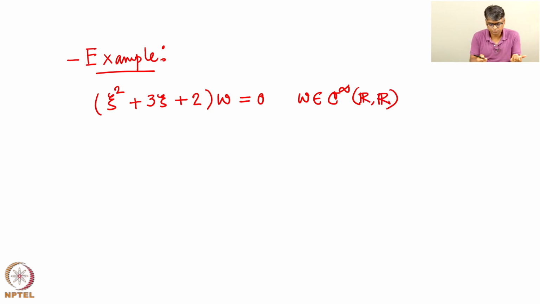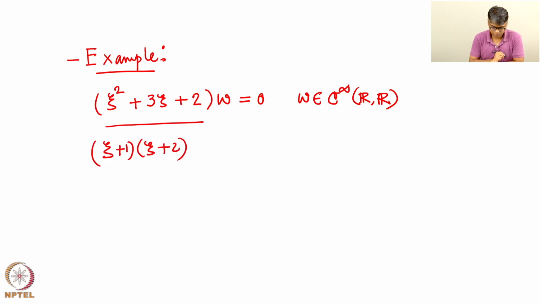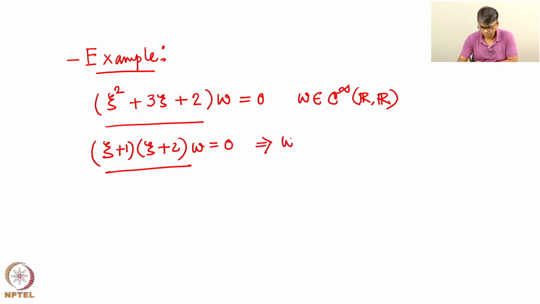All you have to do is factorize this, and we all know that the factorization of this is (ξ+1)(ξ+2). I think I have not made any mistakes here: ξ squared, ξ and 2ξ and 2, yeah, this is okay. So you factorize this, and once you factorize, we know that the solution W is given by